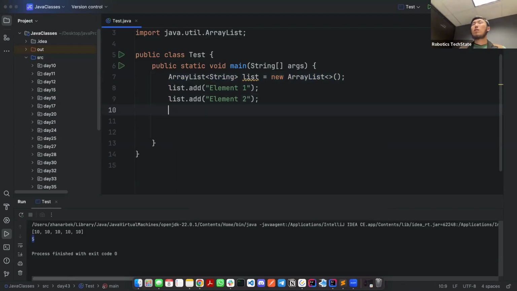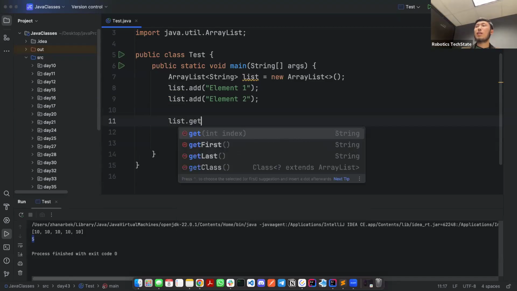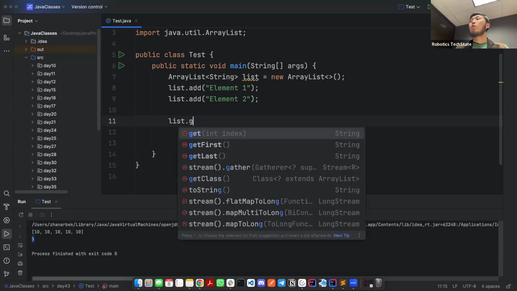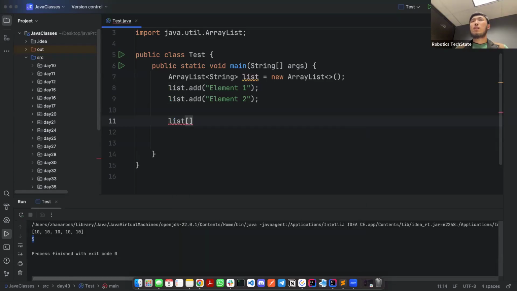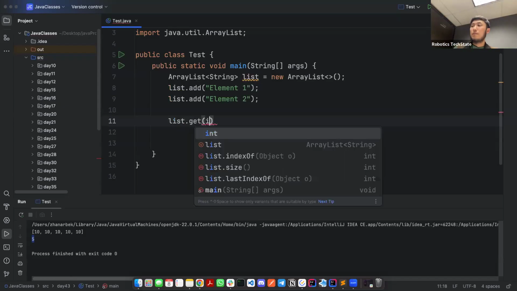All the other part is the same. We can access them by index. We can update them by index. We have size. So here next list.get, we can access elements by their index. We don't write here list and then this. We write there list.get,